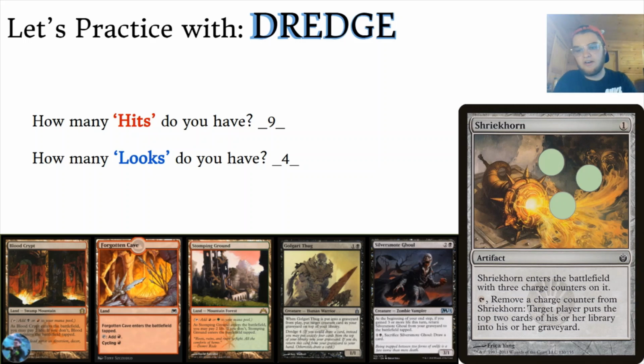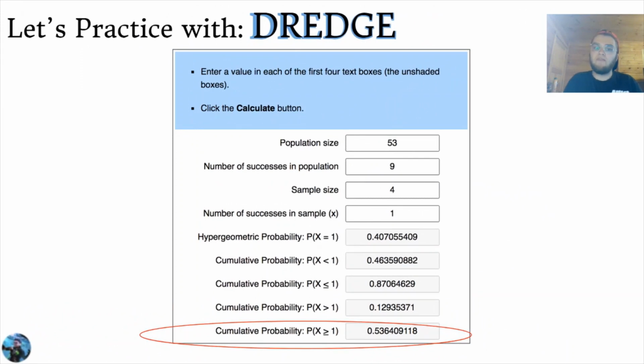Let's see how this looks on our calculator. So we have a population size of 53. We have 9 successes, right? 9 creatures with dredge. We have a sample size of 4 because we mill 4 cards with our Shriekhorn before we draw. And we need to hit at least 1 dredger. Looking at the probability, we have a probability of hitting 1 or more dredgers with Shriekhorn of 53.64%,